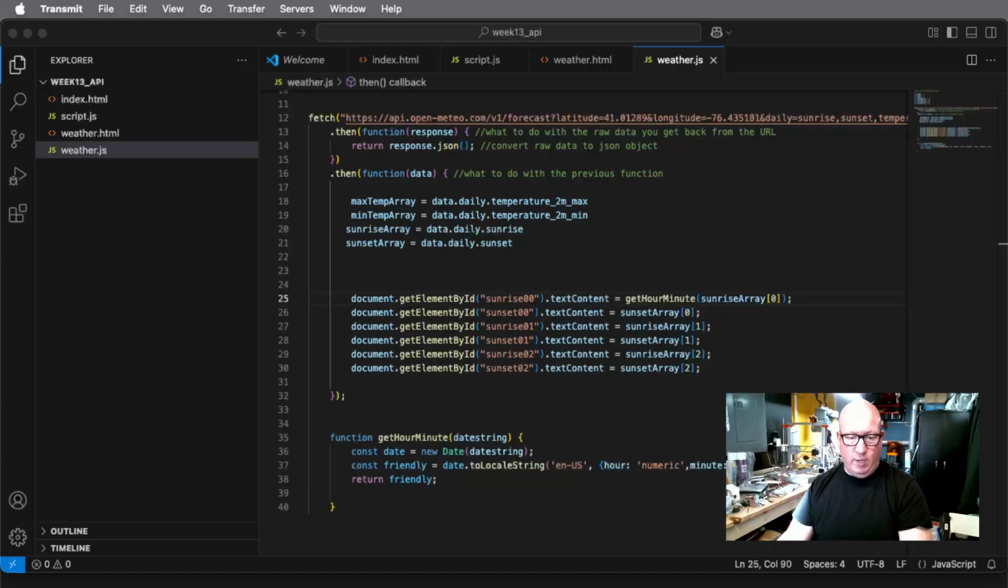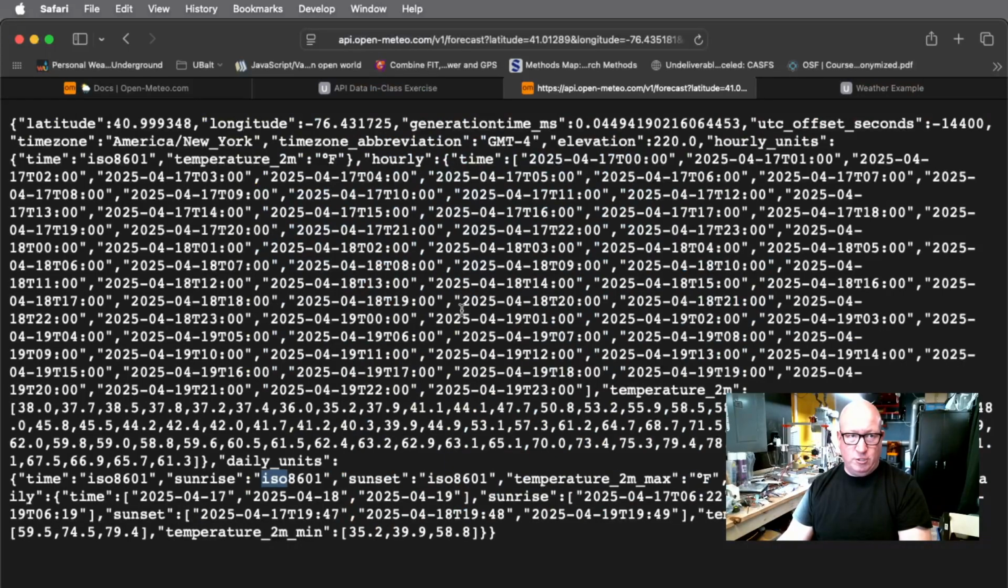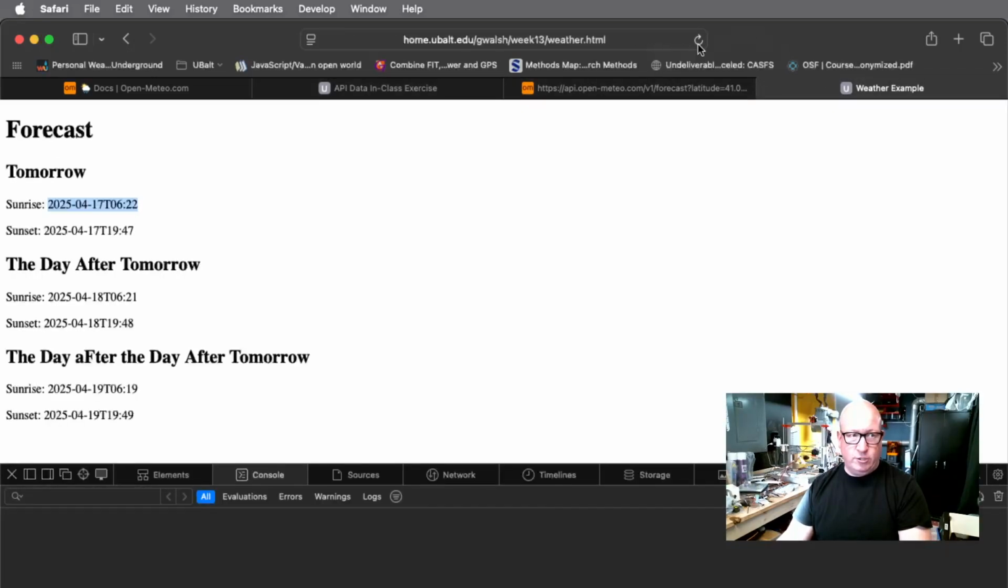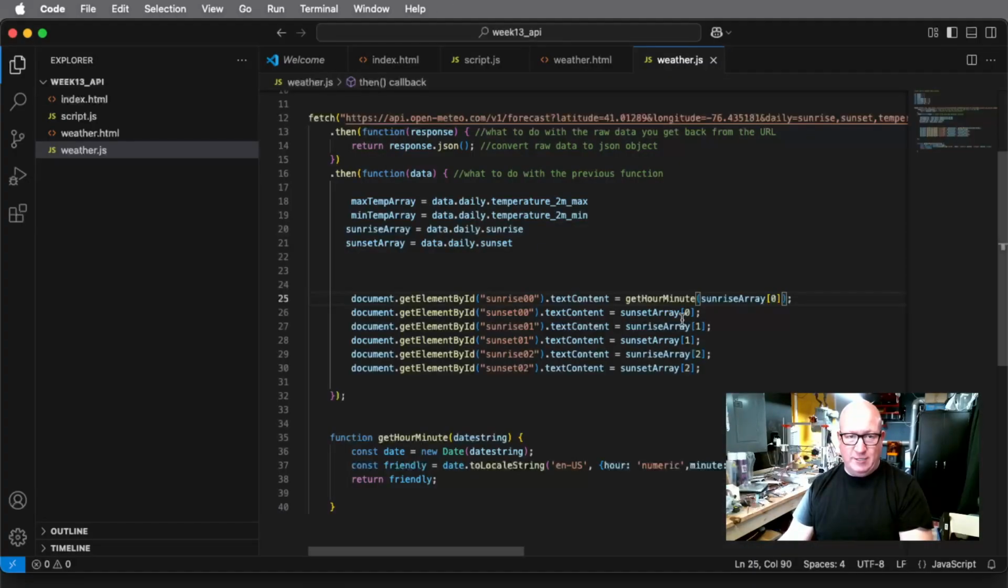We'll check out the page and we'll hit refresh. That's not the page. That's not the page. This is the page. Refresh. 6:22 a.m. Perfect. That is exactly what I wanted. So now all I have to do is very tediously